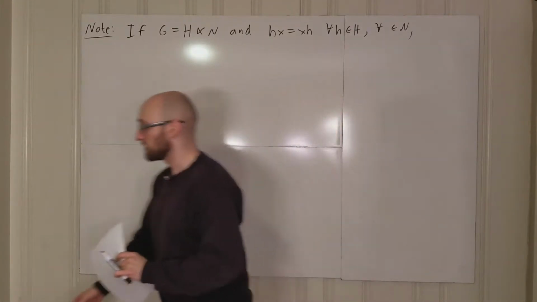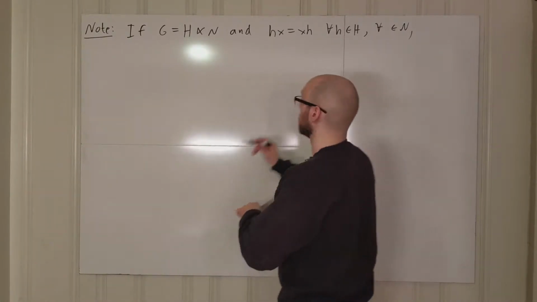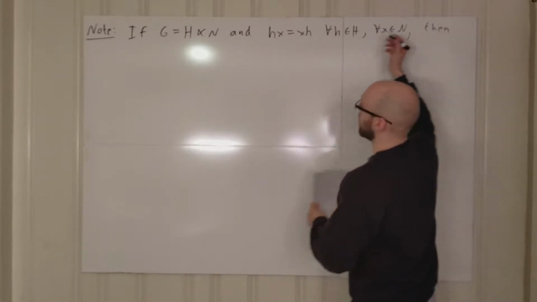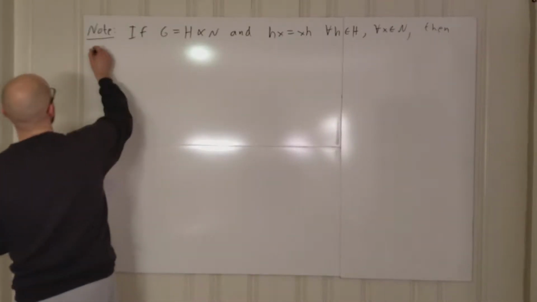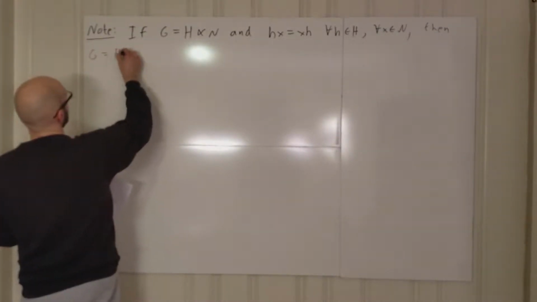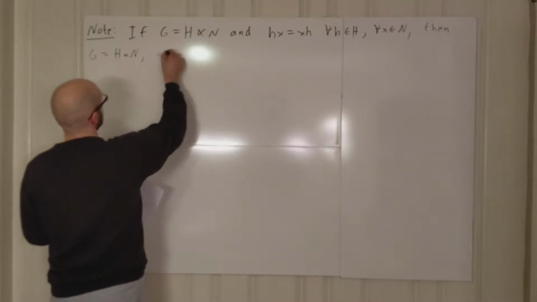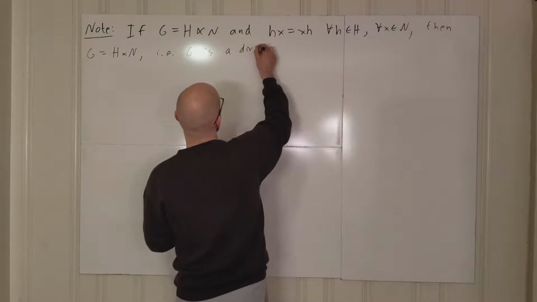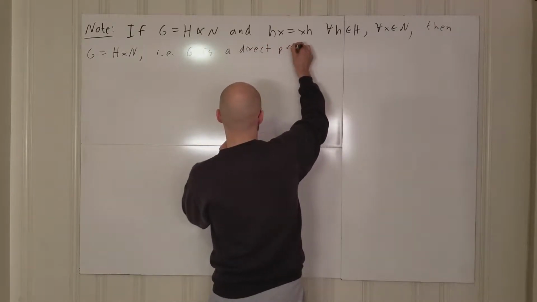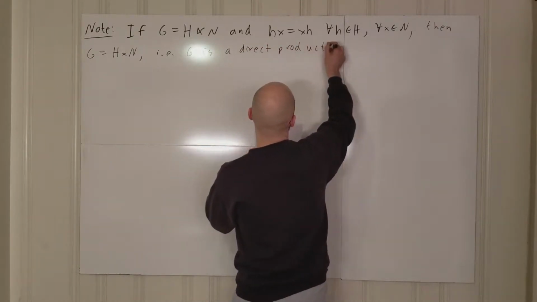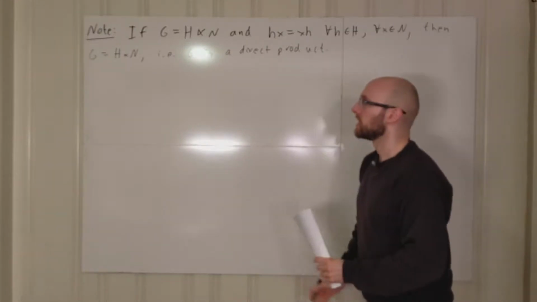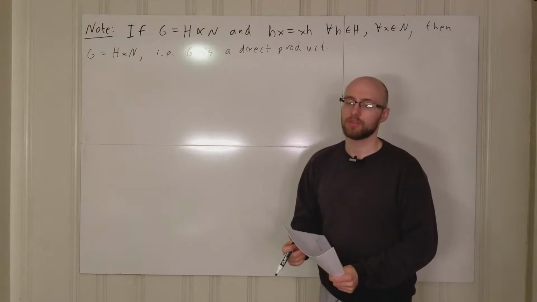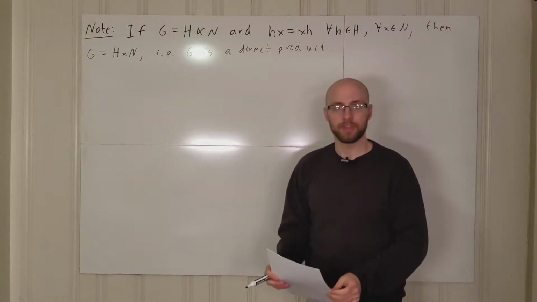then in this case it turns out that G is the direct product of H and N, i.e. G is a direct product. And so you can either define direct products in this fashion, or you can just do the naive thing